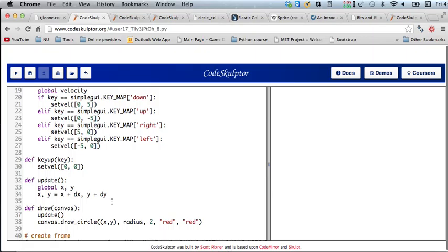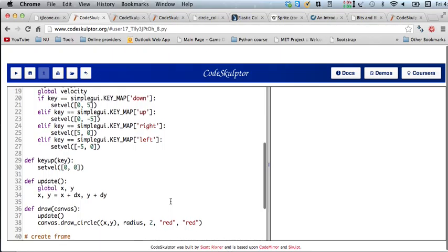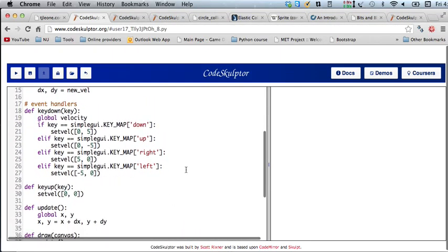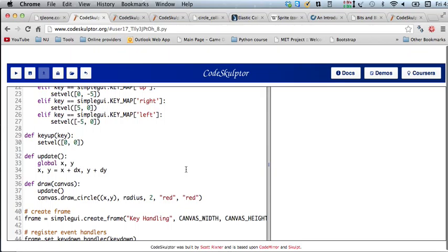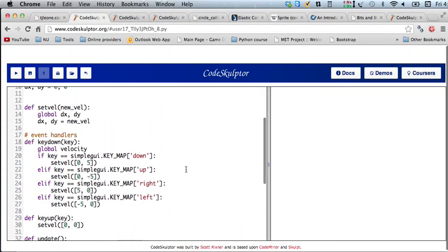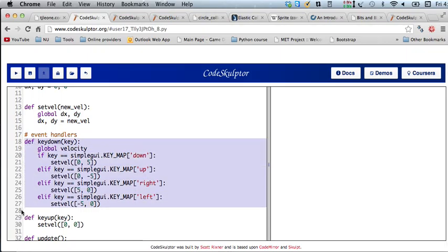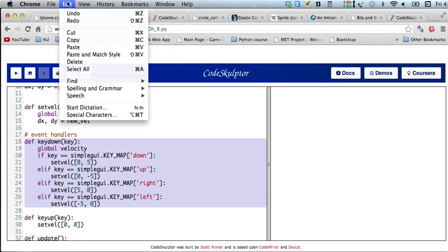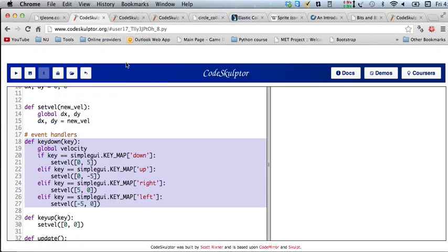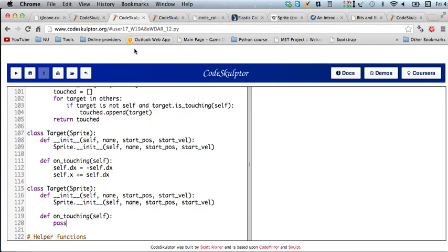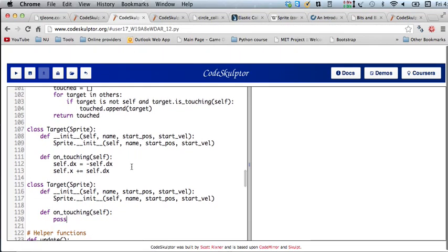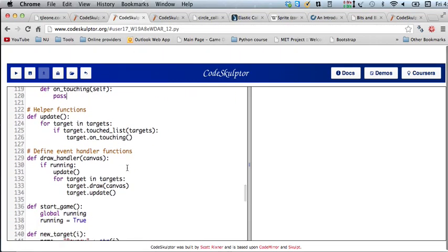I might want to give it a slightly different draw function, just so we can tell which one it is that we're trying to navigate. But for now, let me see, let's just look, we need these other event handlers, don't we? So I'm going to copy this and see how that might fit in over here. So let's look at where our event handlers are. So I'm going to stick